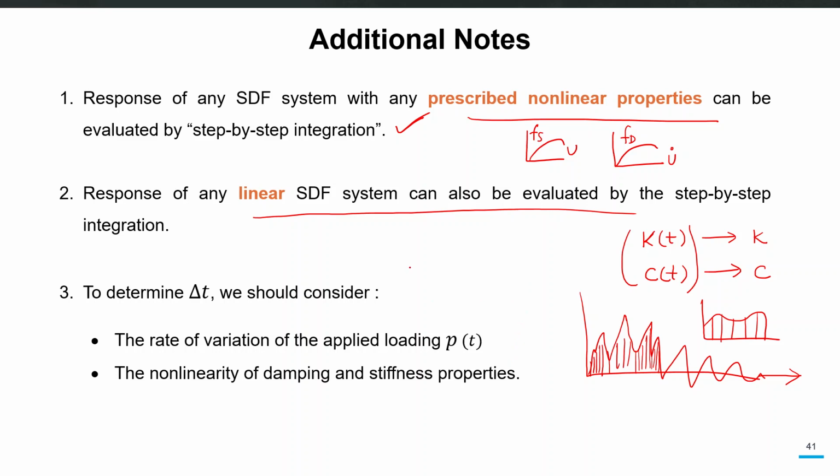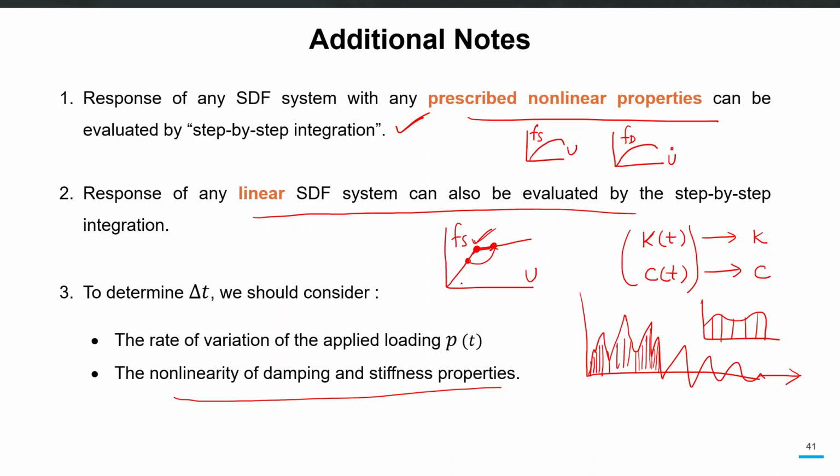And also, in order to determine this delta t, you should consider the nonlinearity of damping and stiffness properties. For example, if you have the Fs and u relationship like this, you should be careful that your delta t is small enough to capture this sudden change in the stiffness, and your solution should not jump from, let's say, this u to this u directly. So your delta t should be small enough to capture this sudden change in the slope,